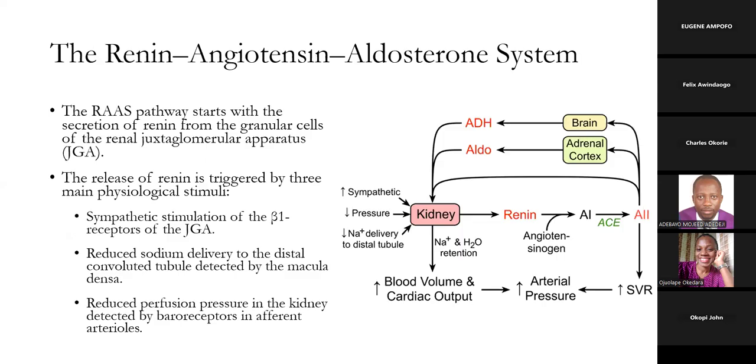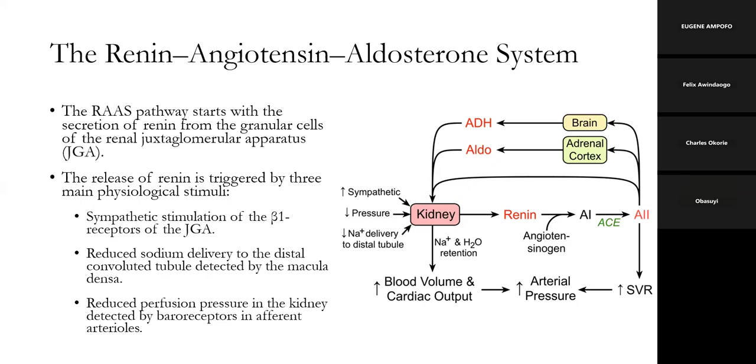And if we look at this diagram, whenever there's increased sympathetic discharge to the kidney, reduced blood pressure, for instance hypotension, and decreased sodium delivery to the tubule, the juxtaglomerular apparatus would detect that and secrete renin, which is converted to angiotensin 1, and then as it goes through the lungs, converted to angiotensin 2. And then that stimulates the production of aldosterone. And then that also stimulates the kidney and leads to what? Increased blood volume, that's sodium and water retention, which leads to increased blood volume and cardiac output to restore the normal blood pressure and the systemic vascular resistance. So aldosterone is good for us,